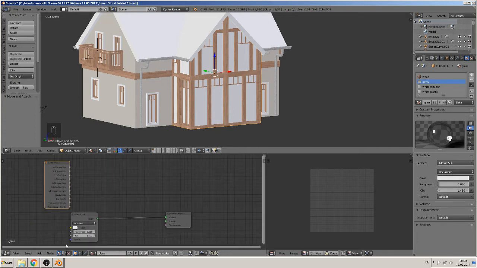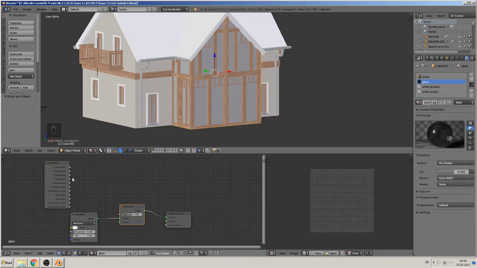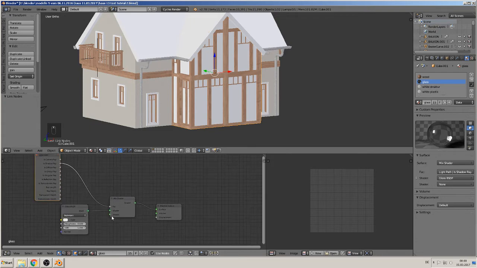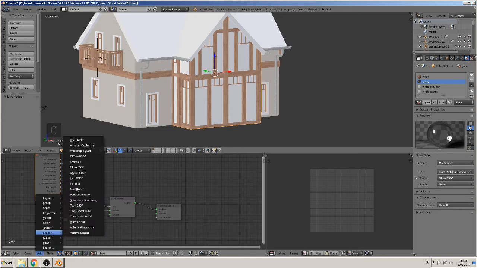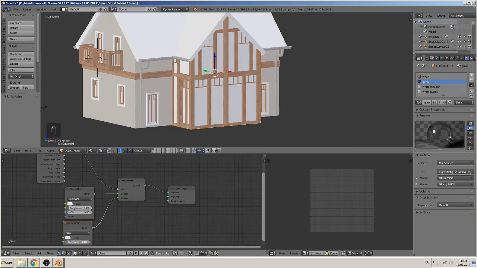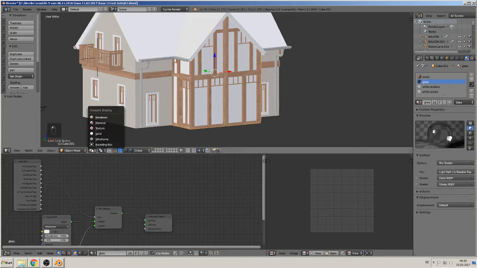So to use that, we need a mix shader. So we get a mix shader and we want no shadow shown. So we get that as a factor. And then the effect that we want to have is a glossy that makes sharper points there, and it must be without roughness because it's glass, yeah. So we can't make the roughness. So file